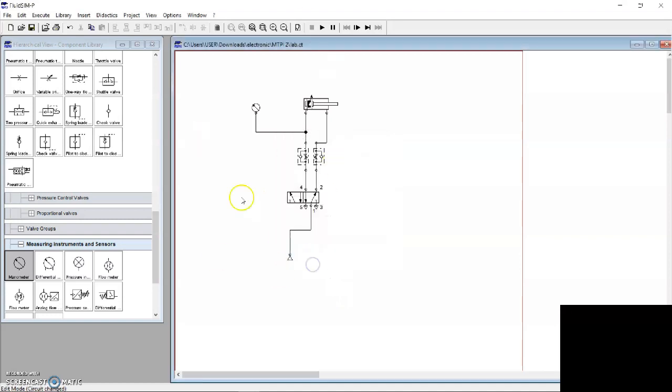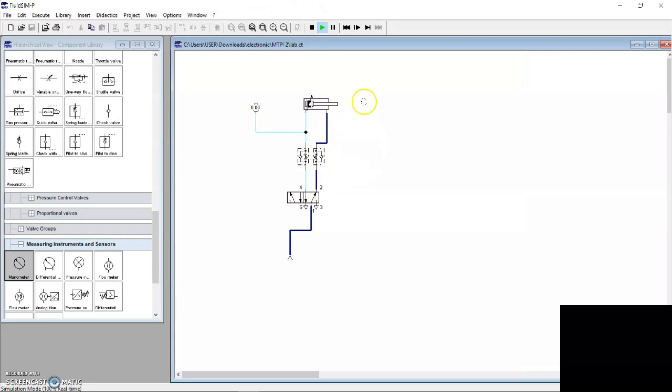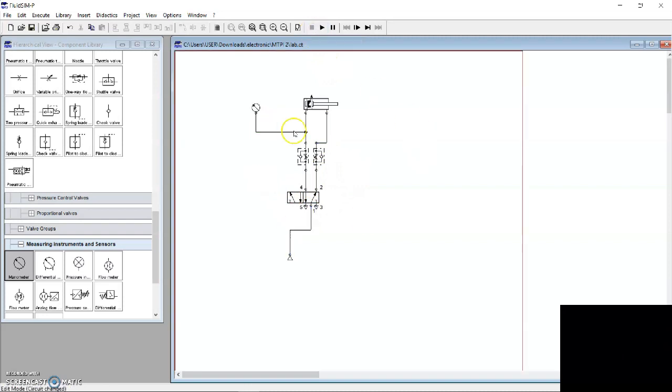You can see the circuit is complete, so we try to run it. You can see the difference between light blue and dark blue, where dark blue is the flow and light blue is no flow. We have not put the button yet, so we stop the run.